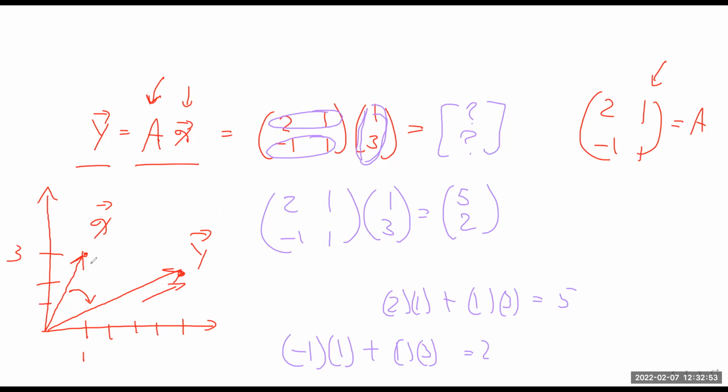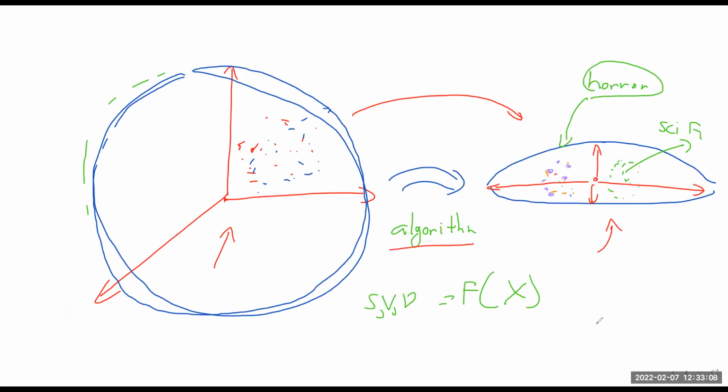You see that? That's all that happened. So this had a magnitude, let's say up to here. We stretched it a bit, we rotated it a bit. You see that? If you notice, now we only did it for one vector, but you can do it for multiple ones. And if you notice, here we did the same. We rotated the vectors and we stretched it to create a new space based on the algorithm that we're implementing.